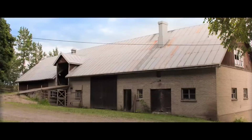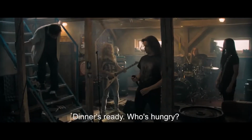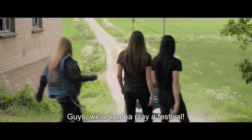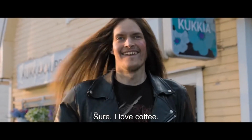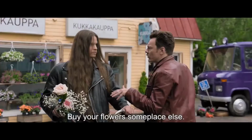Now let's read the back of the box. In this offbeat road comedy from Finland, Turo is a misfit stuck in a small village where the best thing in his life is being the lead vocalist for an amateur heavy metal band. When Turo and his bandmates Jinki, Lotvanen, and Pasi receive a surprise visit from the promoter of a huge heavy metal music festival in Norway, they decide the time is now or never to chase their dreams. After an awkward warm-up gig, the band, which chooses the name Impaled Rectum, hits...